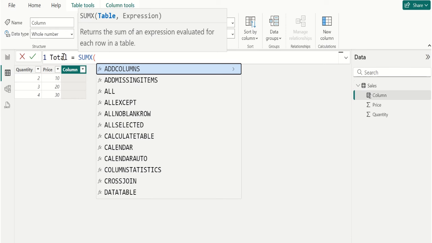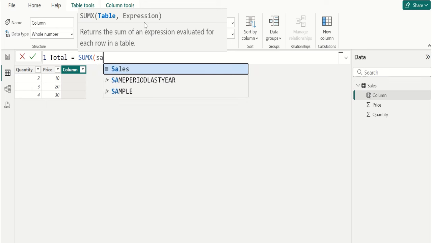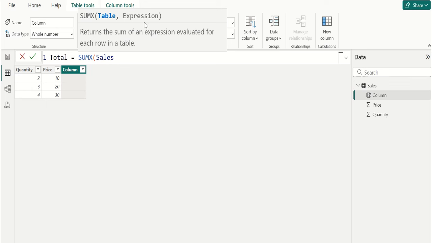The SUMX function in DAX is used to return the sum of quantity and price column values. The syntax for the SUMX function is table, comma, expression. SUMX starts by selecting the table specified in the function. Example, we choose the Sales table, comma,